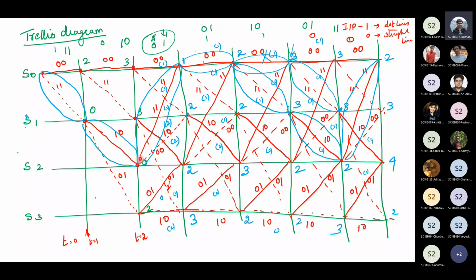Yes, ma'am. But our correct output is 0, 0. So if it can, yes, it can decode. Where, ma'am? Where? I didn't get it. We added the error in this bit, no? Yes. Correct is 0, 0. I'm asking whether we made any mistake here. Ma'am, I don't think so. I checked once again, but I think it is correct.